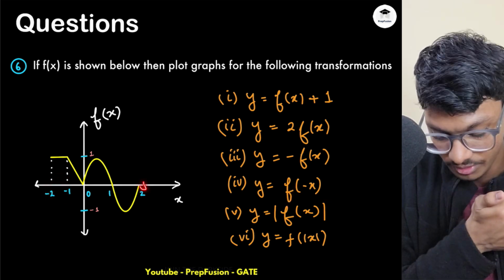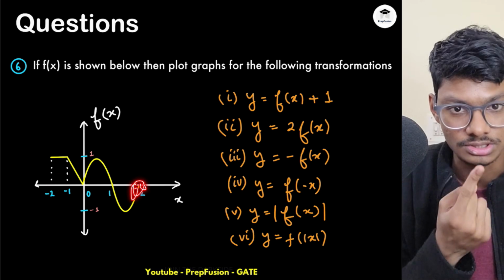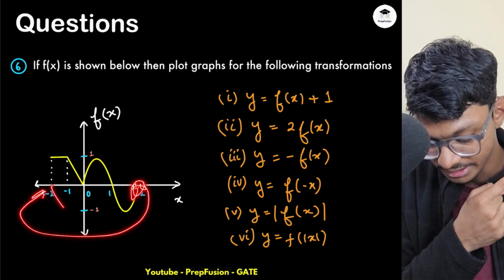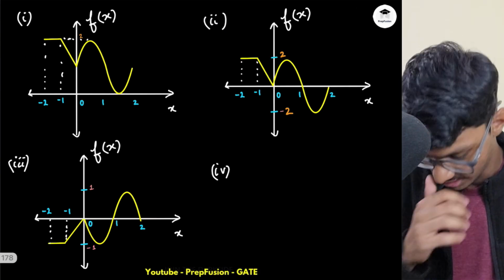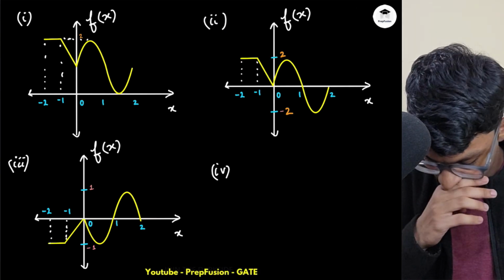So what is f of plus 2? It is 0. So it will become 0. So this will flip over here and this will flip over here. Basically I'm multiplying the negative sign. Okay, so nothing fancy over here. So what I can do is